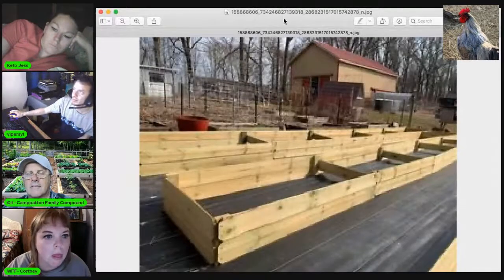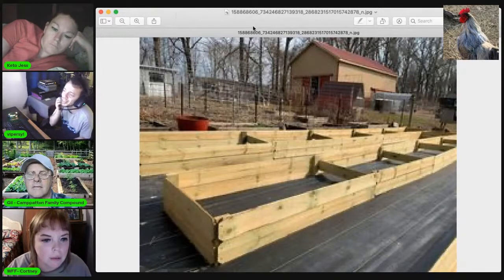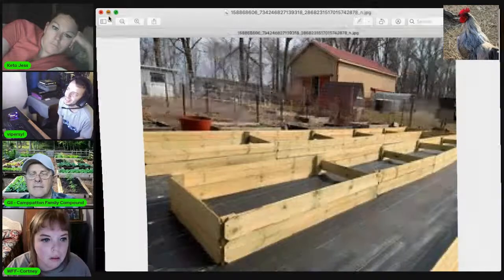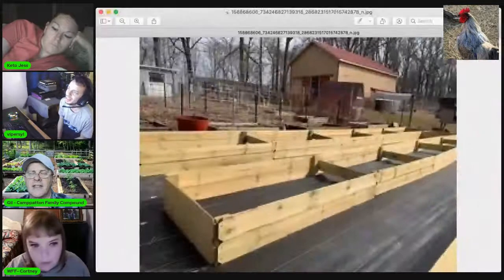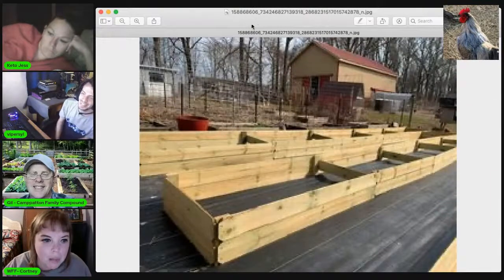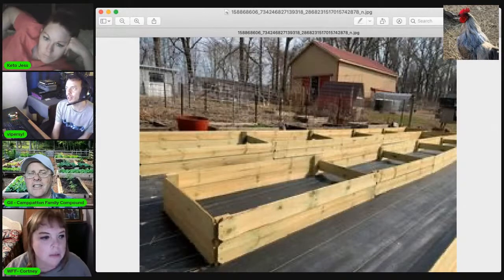Bam. See? Look at that. How nice. Look at that white square. Here we go. But yeah, that's it, guys. That's my barn right here. That's your barn? That's my barn. Yeah, I have